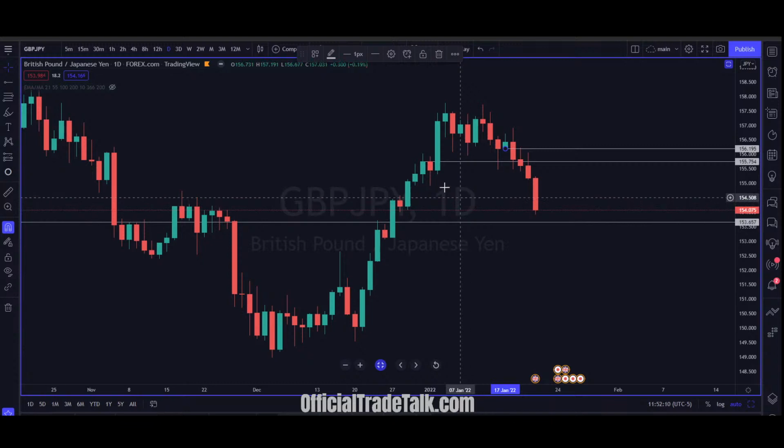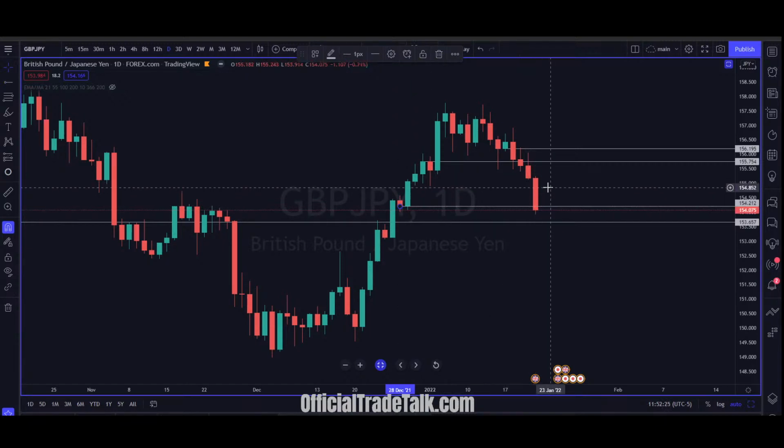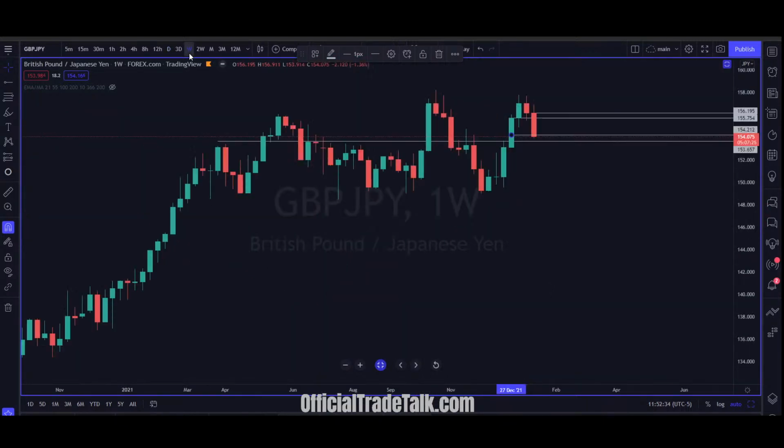So moving on, you're going to come into potential areas of support. You did break through daily support there, and you closed below, right? So that is going to be an important level to watch moving forward this week. There probably won't be a trade entry or a trade idea even on this pair this week unless it tests and rolls over on your weekly range, right? You did take out last week's low, which is kind of good for bearishness. But in the longer scheme of things, this asset is still bullish.